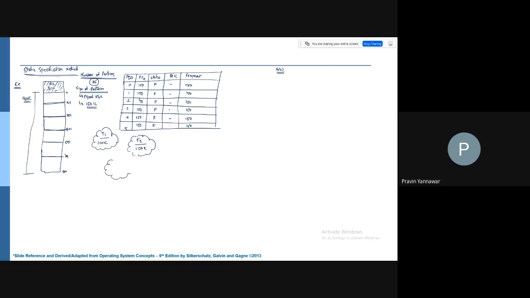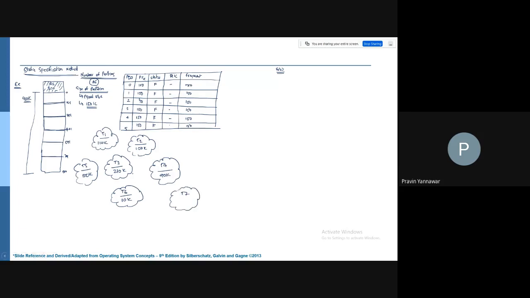I have now T3 of 210K. I have T4 of say 90K. I have T5 of say 50K. I have T6 of 10K. I have now T7.